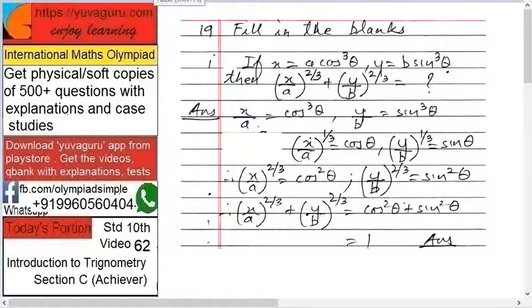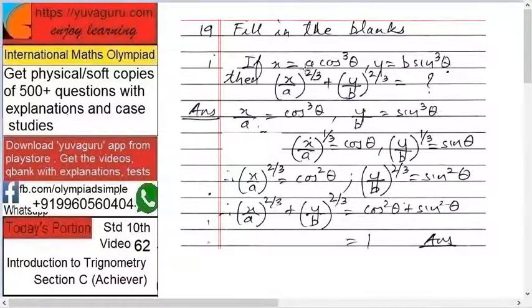One. Let's start. Fill in the blanks. There are 4-5 sub-questions to this, we'll solve them. If x equals a cos cube theta and y equals b sin cube theta, then (x upon a) raised to 2 by 3 plus (y upon b) raised to 2 by 3 equals to, here it's quite